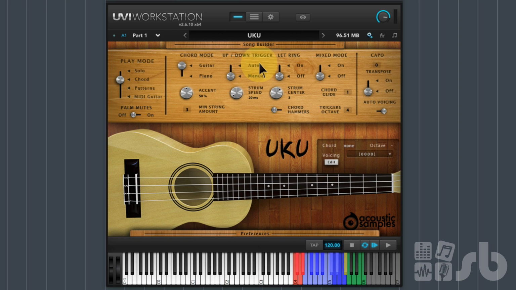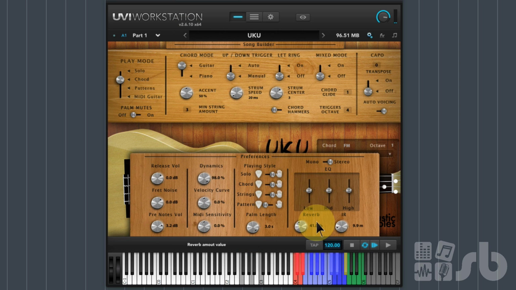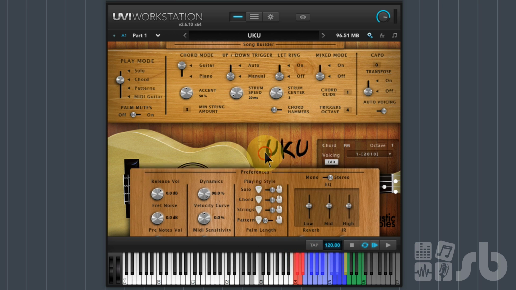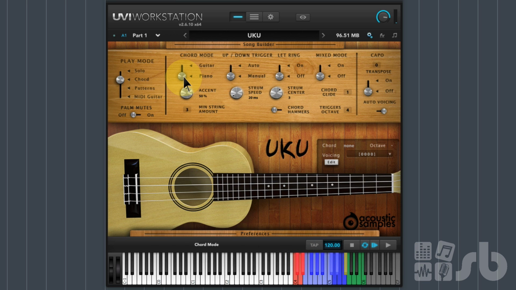And that's chord mode. You've got other options up the top here. You've got guitar mode and piano mode. Guitar mode means that if you play a chord without strumming, you don't get a noise, you just get that placement noise, and then you have to strum. Let's just turn that reverb off, because that's a little bit too much. There we go. Piano mode means that when you press a chord